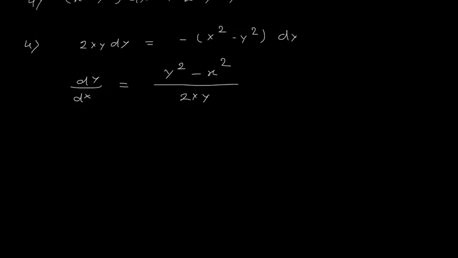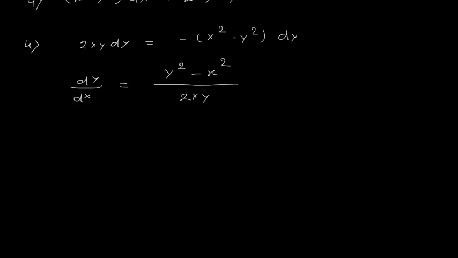Now, the simple concept of checking whether the equation is a homogeneous differential equation is that you check the degree of each term. If the degree of each term is the same, it is homogeneous. Like here, this is one term and here this is one term. The degree means the power of variables. So here the total power is 2, here the total power is 2. So this is homogeneous. But we have to show this.